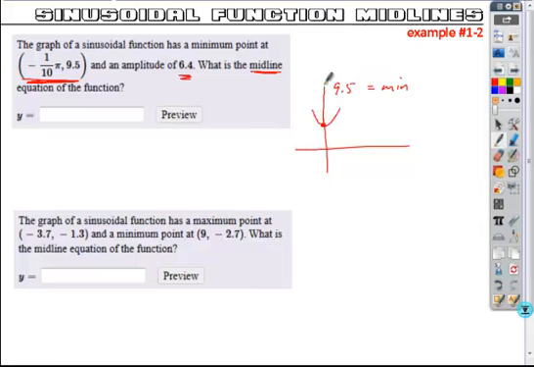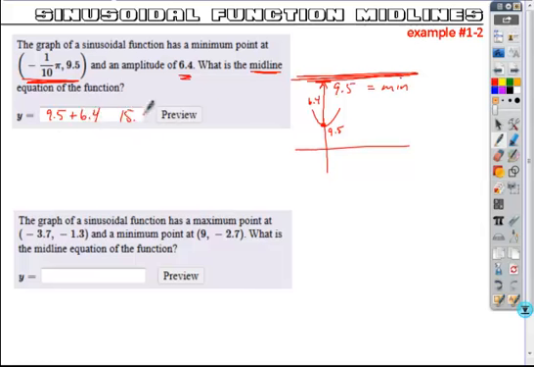That means that our amplitude moves it up 6.4. And so what would this midline be? Correct. What you'd have to do is take your 9.5, you add 6.4 to it, and that gives you your total